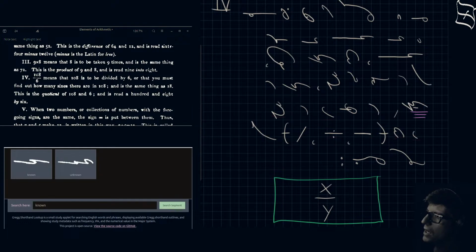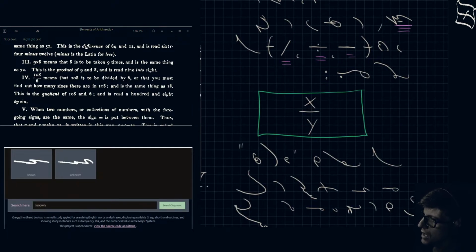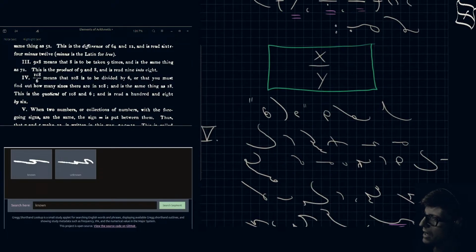or this symbol. In fact, let's go ahead and underline all of them. So it's this symbol here, that symbol, or that symbol right there. All of those would denote the sign of division. Okay, so this, or this, and is written accordingly, x by y, and is read as x by y. Let's go ahead and underline these characters to show that we're dealing with the names of the letters.